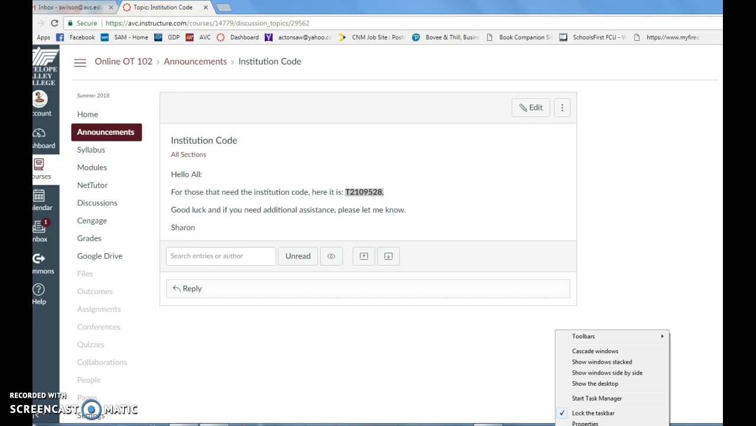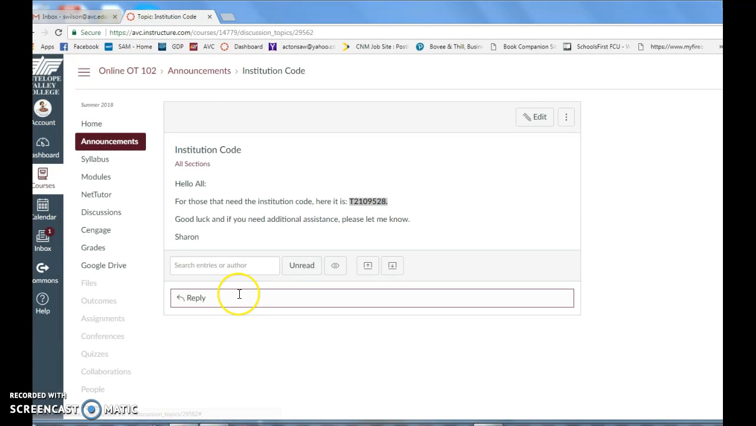I right click. You'll get this window and you can show windows side by side or windows stacked. Show windows side by side. Okay, see what just happened? I'm glad that happened. If you have two tabs open like I have here and you're using Chrome, it will not work. Now if I go to open Word,